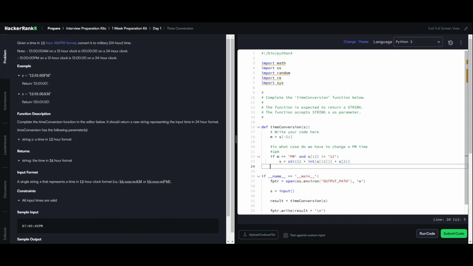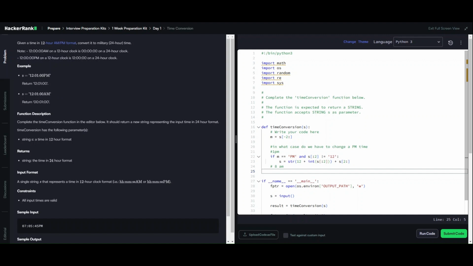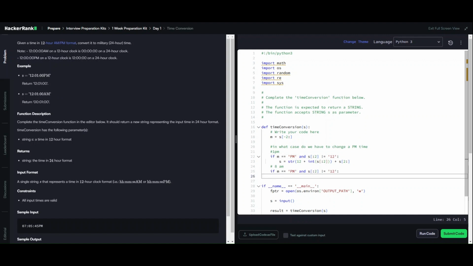Now, what is the other edge case? We know that if it's 8 a.m., it's going to stay the same as a 12-hour and a military format, right? But in which case does it not stay the same? Which is the case of if it's AM and the hour hand is at 12, right? So we can just take this and change it to AM, and if the hour hand is 12. If that is the case, then we just convert it to 0, 0, and then add the rest of our